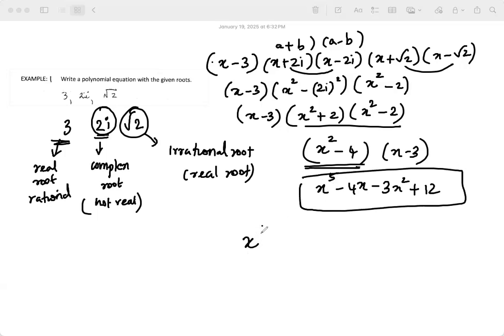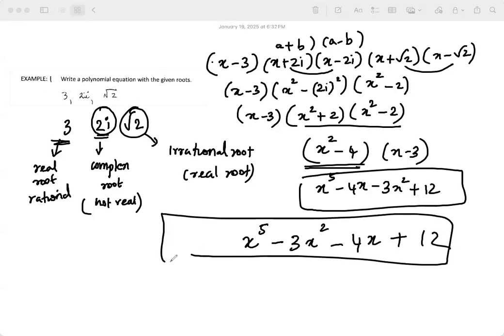So now when you write it, you have to express it in standard form, meaning it has to come down in the powers of x, meaning you don't have an x power of 4. So it is x squared. This is how you should represent the final equation. So it should be written in standard form, means reducing power of x.